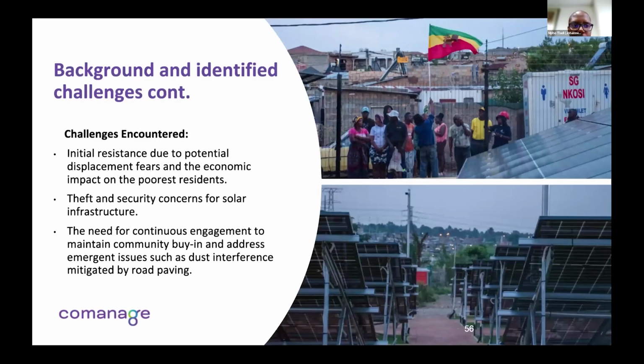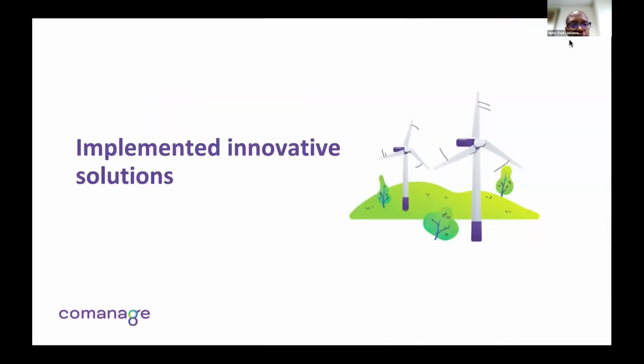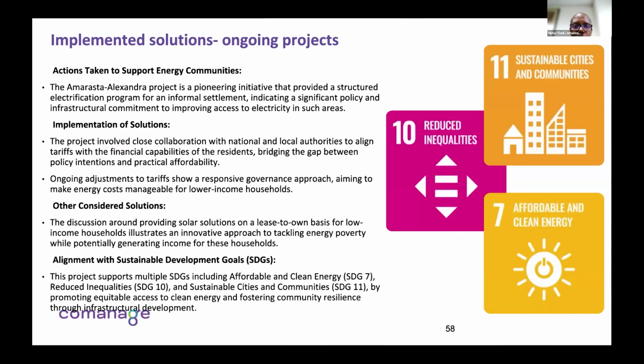In terms of the challenges encountered, there was initial resistance due to potential displacement and fears of the economic impact on the poorest residents, issues around paying for electricity, theft and security concerns for solar infrastructure. Were people going to steal these panels? The need for continuous engagement to maintain community buy-in and address emergent issues such as dust interference mitigated by road paving. Next slide, please. And in terms of our solutions,